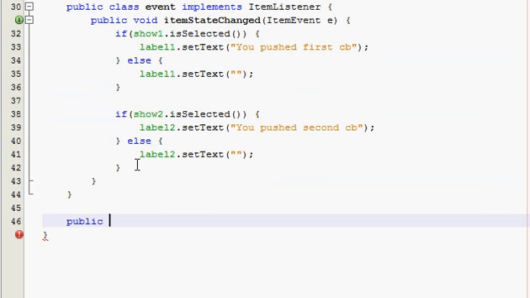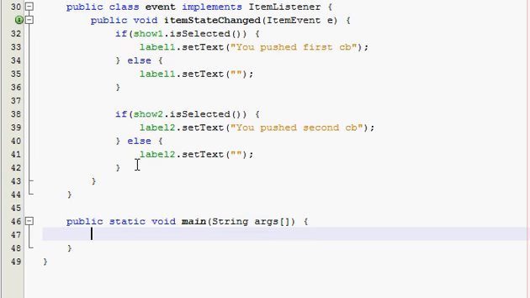Now we'll write our main method. Public static void main string args. Now, CB, whatever your class name is called, and type whatever, let's call it GUI. The tutorial. And then